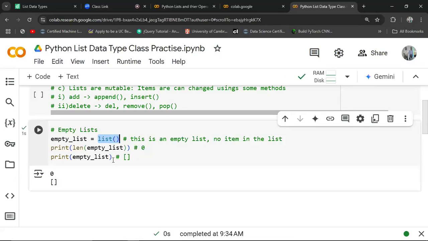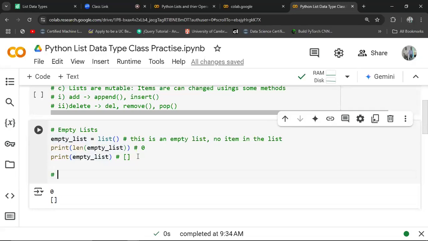So I'm waiting for this one to execute, and now you can see the length. If you call the length of the empty list, then you're being told that nothing is there. We have 0 items within an empty list, and this is actually how it looks like. Alternatively,